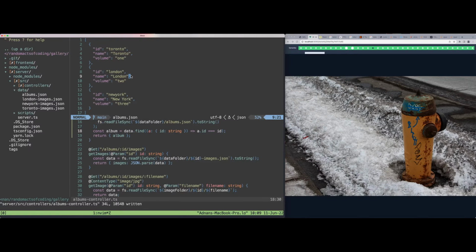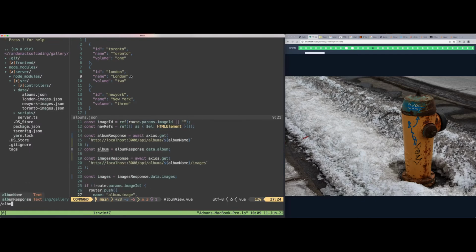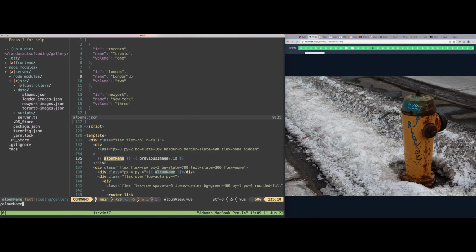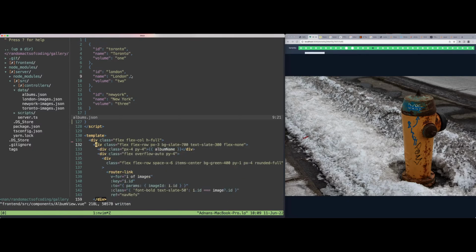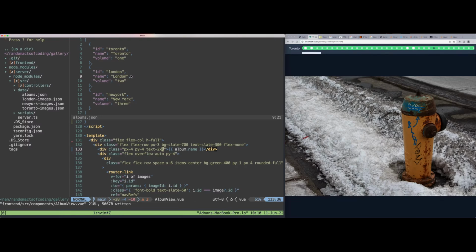Okay. Album name, which is really album ID, I guess. But whatever. This can go away. This I don't need. This is hidden all the time now. And this can be album.name. And I'm seeing that come up. So let's style this a little. I do want to give this a bit more space on the X axis. Actually, okay, that looks better. Oddly enough,